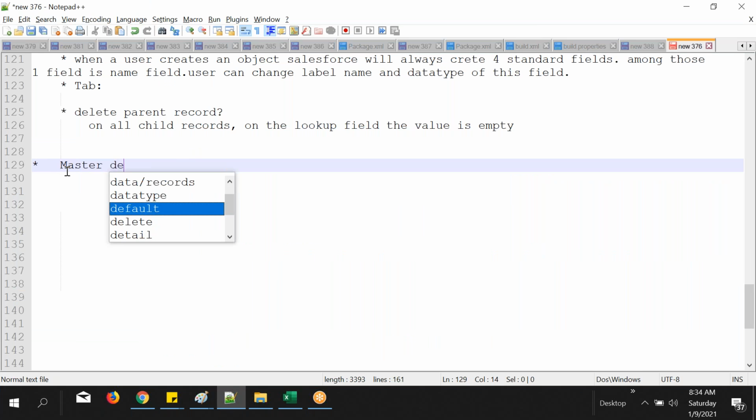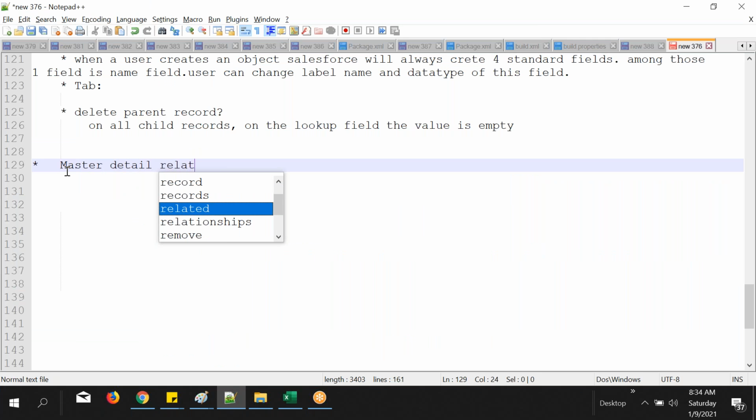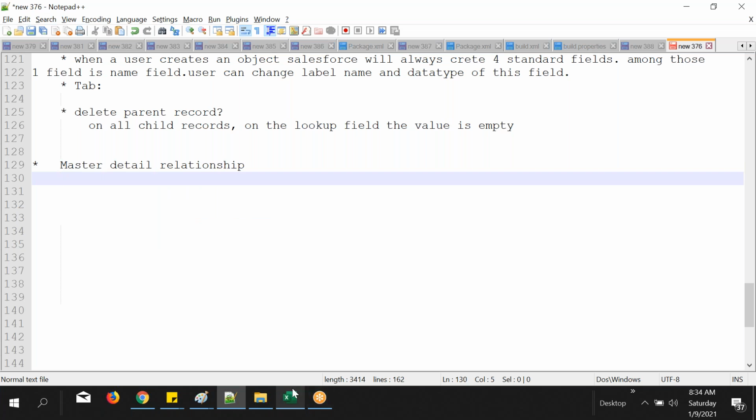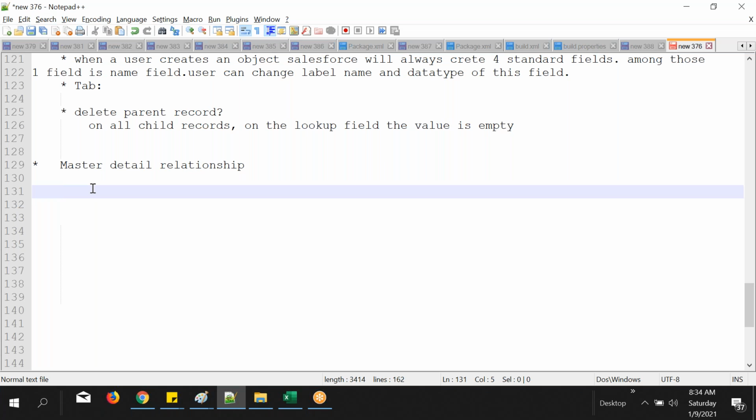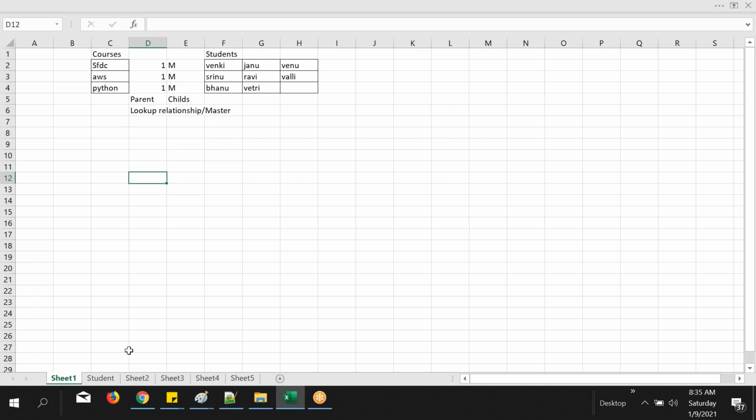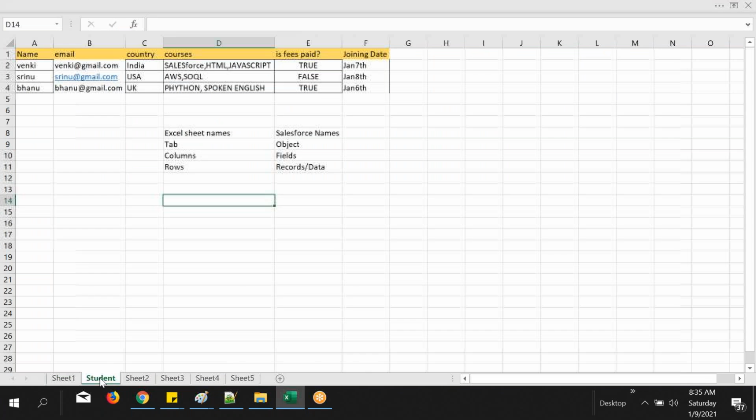Next is the master detail relationship. Okay. As I mentioned, you can create either a lookup or a master detail relationship to give a connection between two objects. Okay, good. Now I want to give one more requirement to you, which I have already given